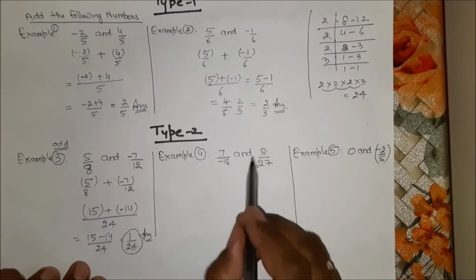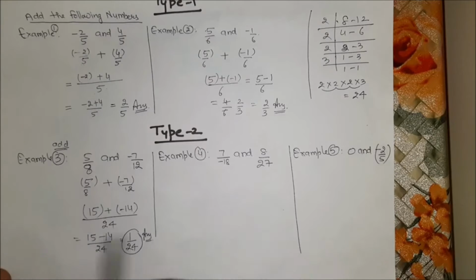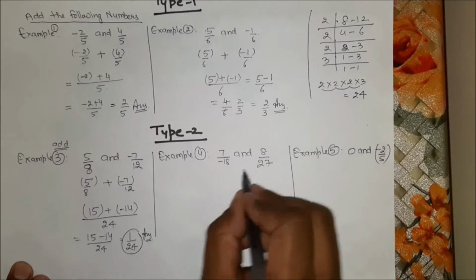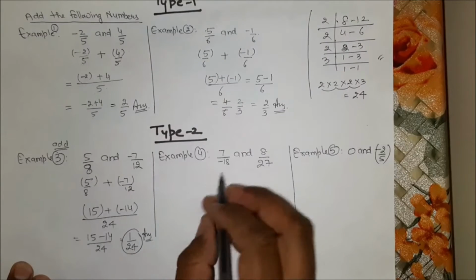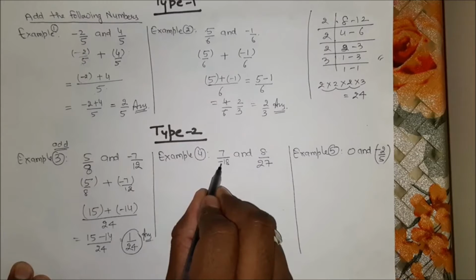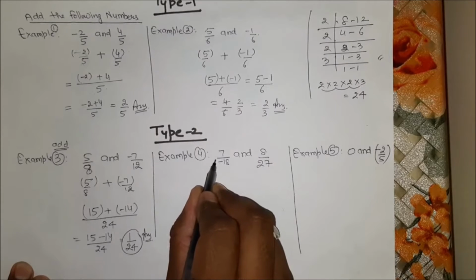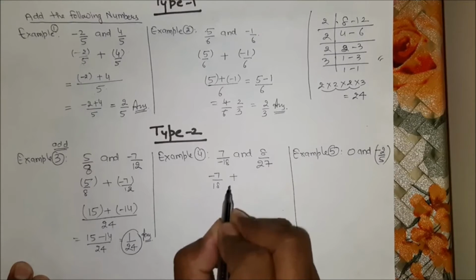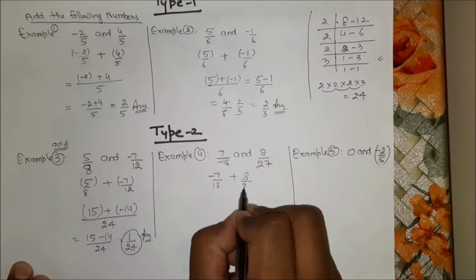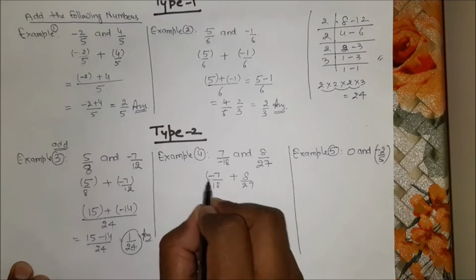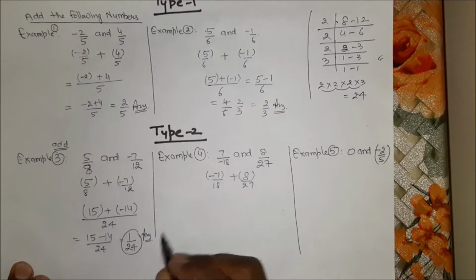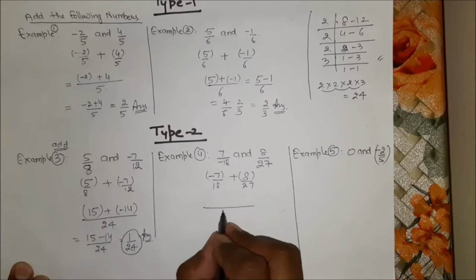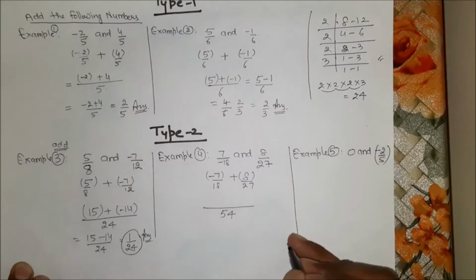Similarly, the LCM of 18 and 27, I know what the LCM is. You can do it like this only. So first of all, what we will do? You can see the negative sign is in the denominator. We shift it to the numerator, and this can be written as minus 7 by 18 plus, because we have to add them, 8 by 27. Put the numerator in brackets, take the LCM, and I know the LCM of these two is 54.